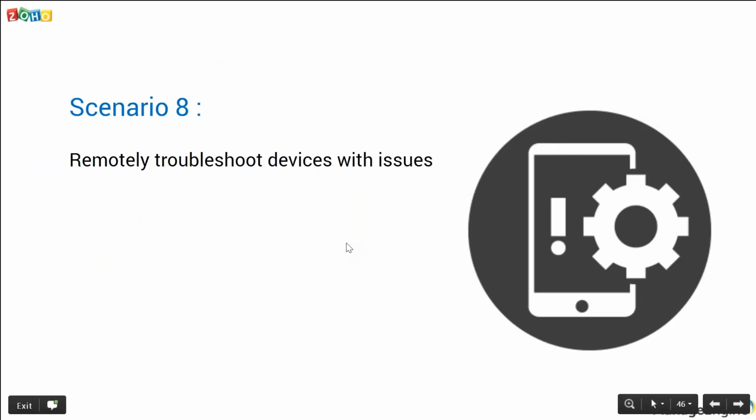As Murphy's Law states, if anything can go wrong, it will. And so is the case when it comes to technology. Sometimes when we need an important app to open on our device, it crashes. Just imagine a scenario wherein you need to urgently open a report that is only available on a particular app, and that app doesn't open at that point of time. Troubleshooting isn't your cup of tea. So such a scenario would require your IT department to troubleshoot and resolve this problem for you. Mobile Device Manager Plus to the rescue. Back to the product console.